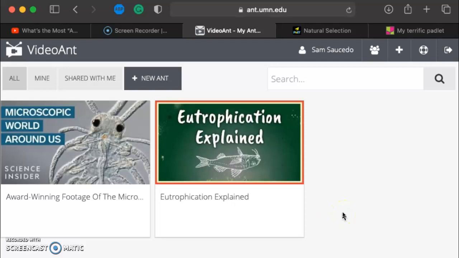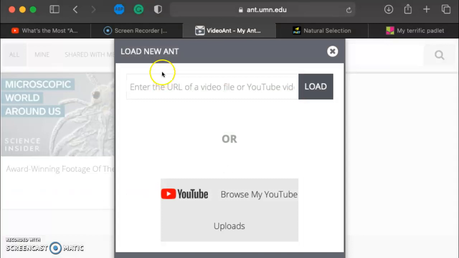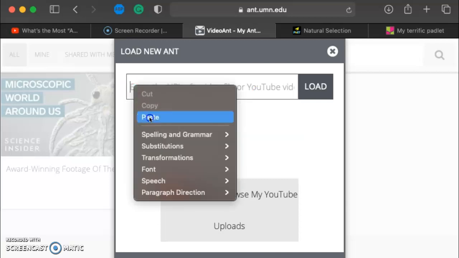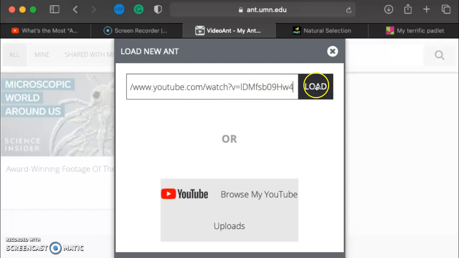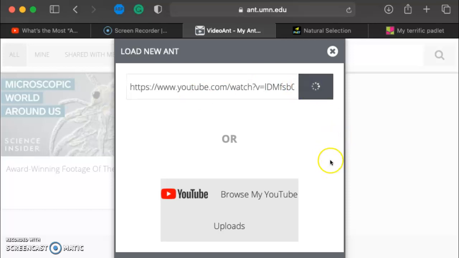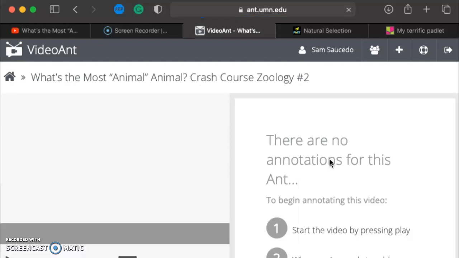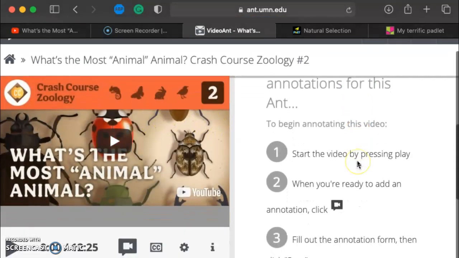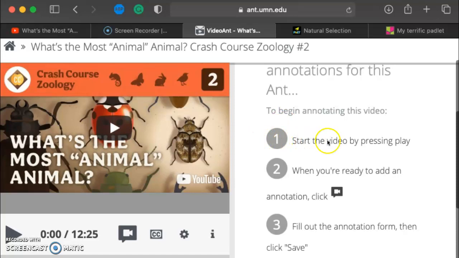This is the main page, and here is where you can add a new ant. It has a space where to paste URL addresses. I already have chosen one, and then you load the video. From here, it's very self-explanatory. So it says to start the video by pressing play, and then whenever you're ready to add a comment or a question, you just press this icon